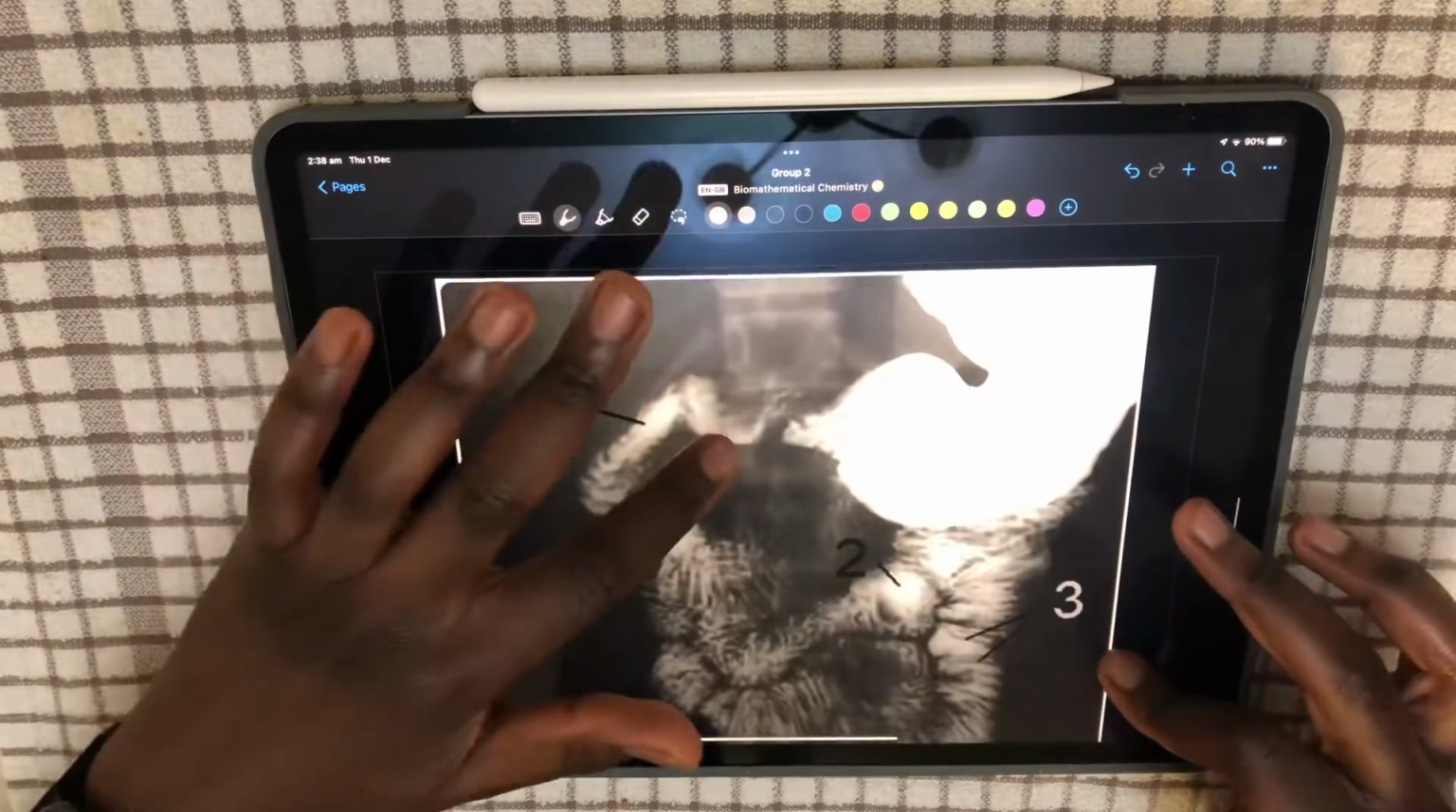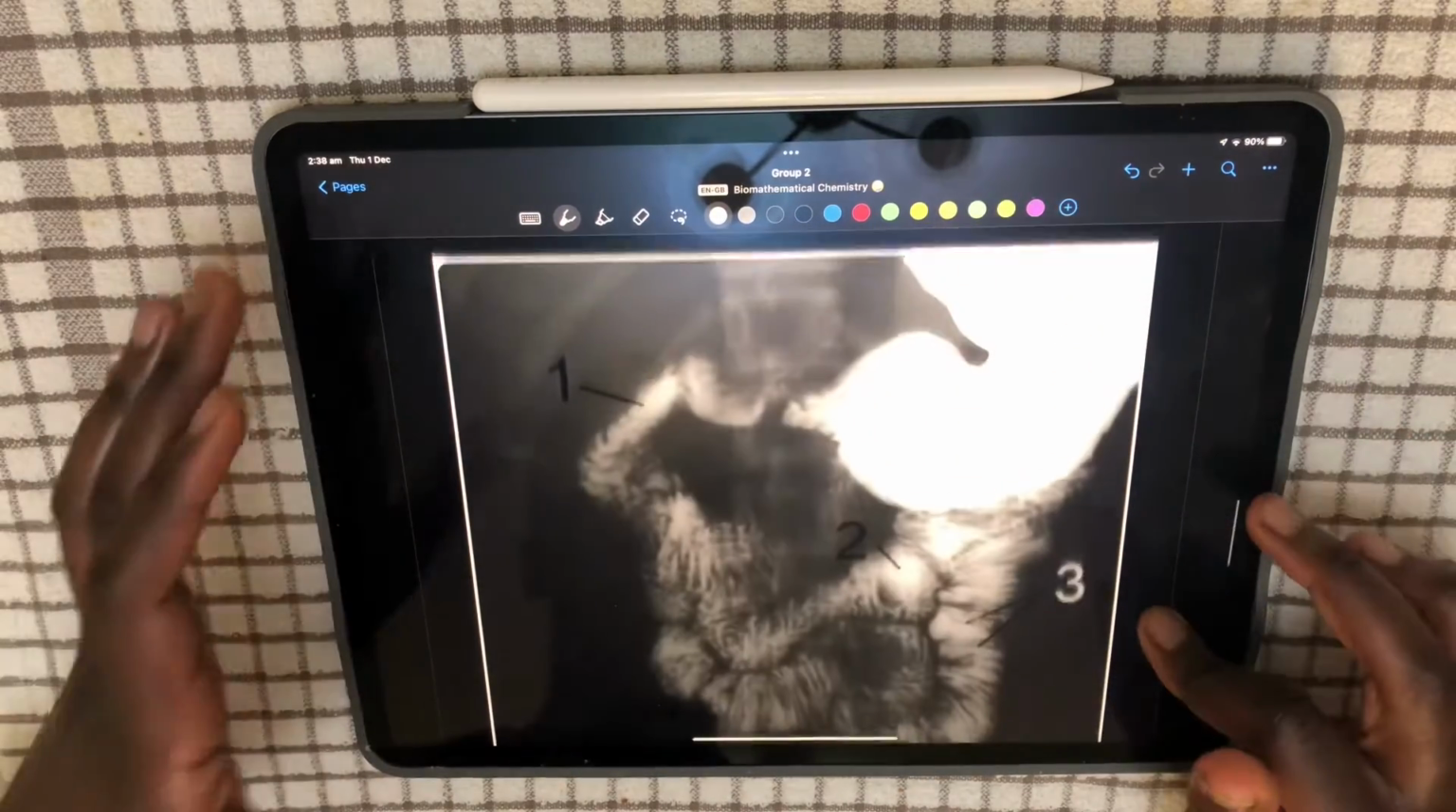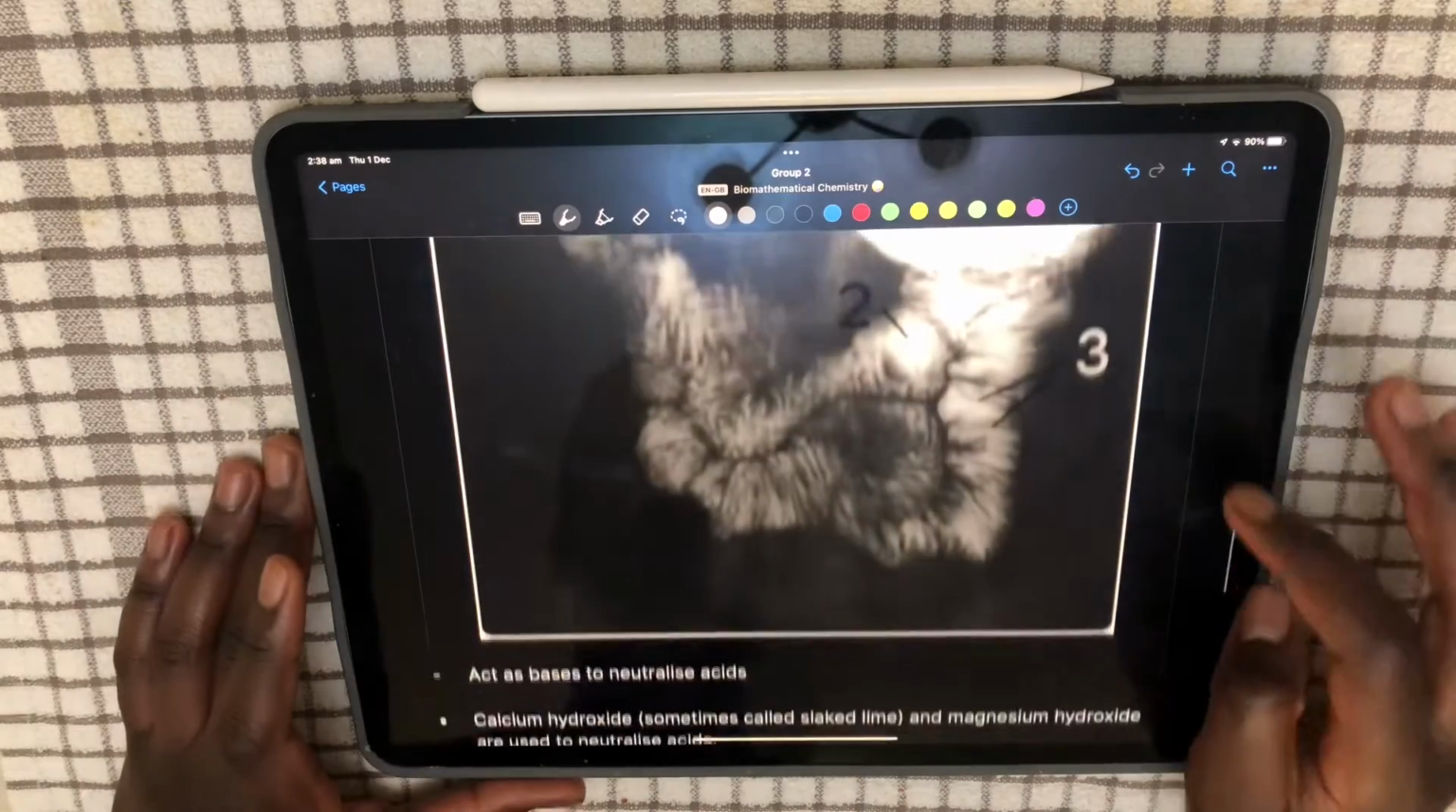If that's wrong, by the way, don't quote me. I'm not a doctor, but that's what it looks like to me from what I can see here. All right, so